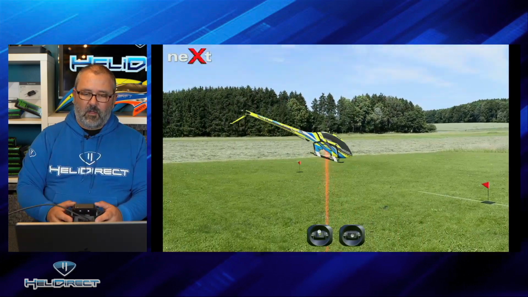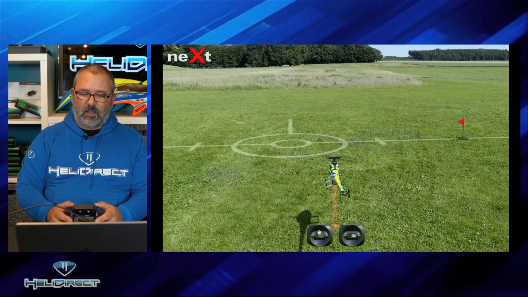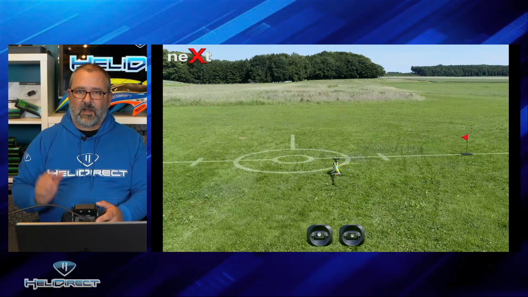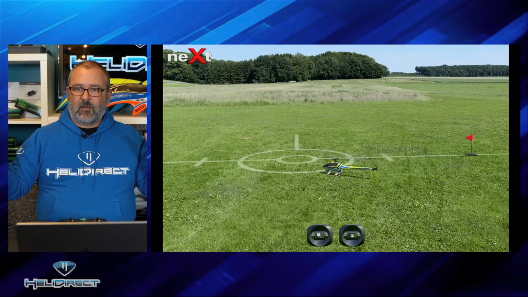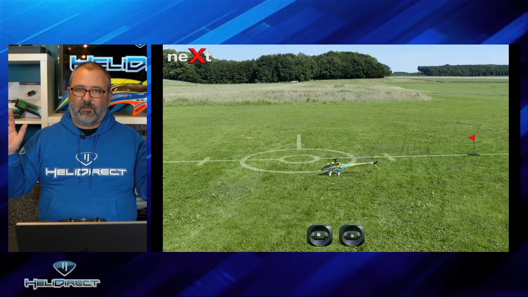Okay, so what can we work on next in the simulator to improve our skills now that we've got those four basic orientations? I'm going to show you a trick that someone showed me that I thought was really helpful. I'm going to take my rudder trim, which is usually the little nib under the stick or maybe to one side that would adjust the center point of where your rudder is, and I'm going to keep putting a bunch of clicks of trim in until the helicopter starts rotating on its own. So I'm hands off here. The helicopter is oh so slowly rotating on its own